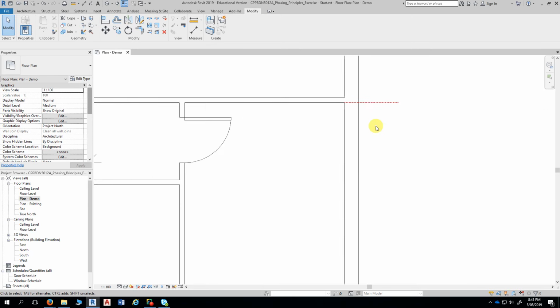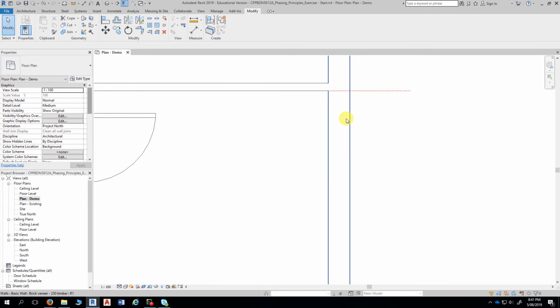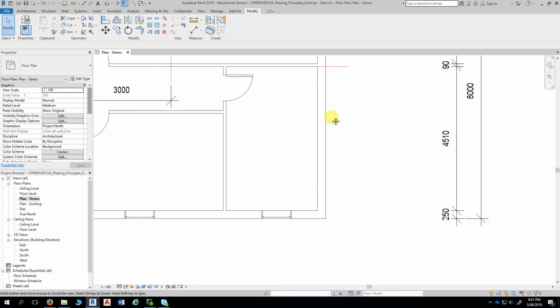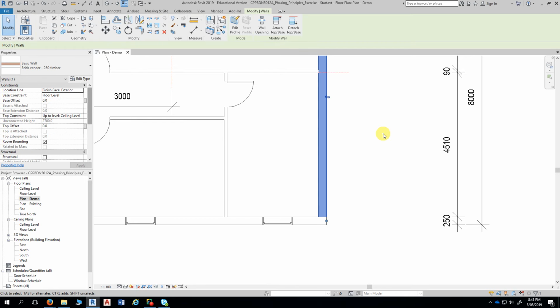We now turn our attention to this wall here. Now we only need to split this wall through once up here along the reference plane. Don't worry about this end, that will take care of itself. But having said that, if I select this wall, or if you select this wall,